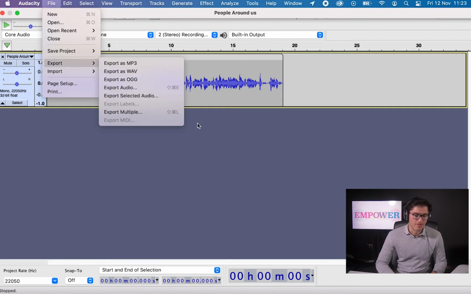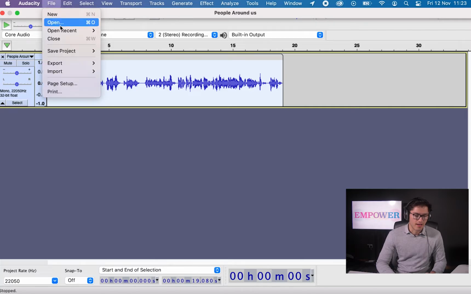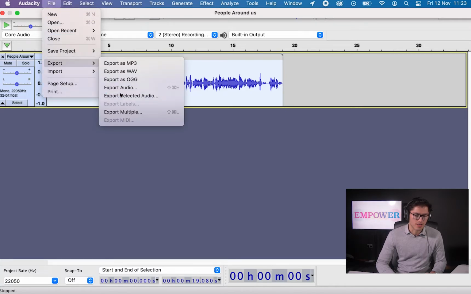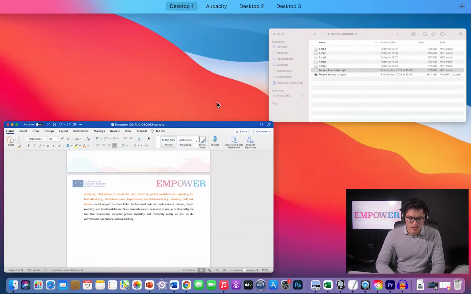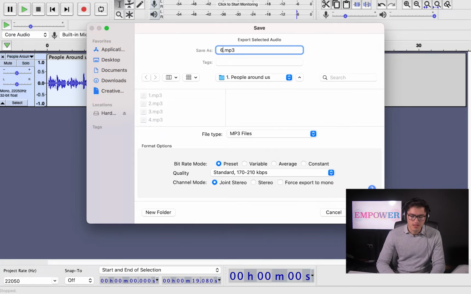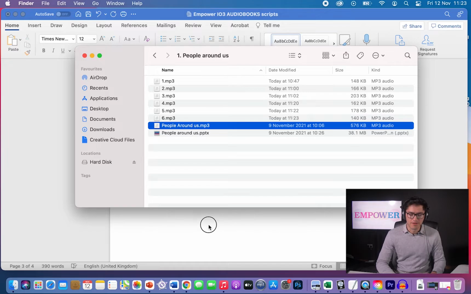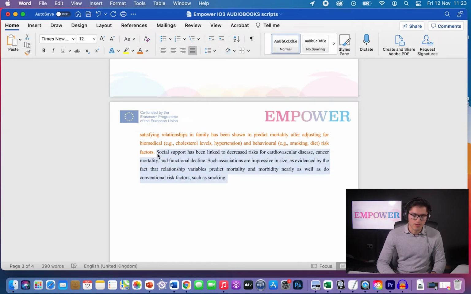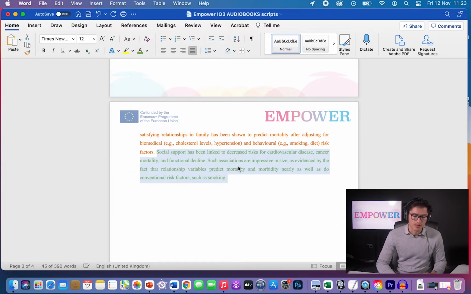I can select file, export selected audio. And then we can go to the number 6, I think. Let me check. Yes, the number 6. So save. Okay. Perfect. So this is a different color as well. It's not necessary, but just to change all the colors.